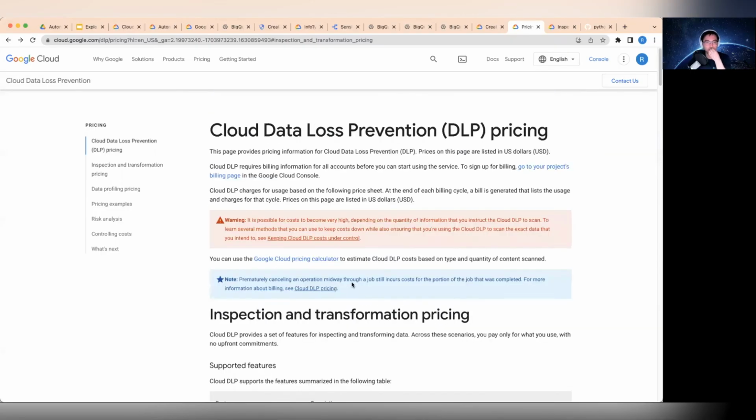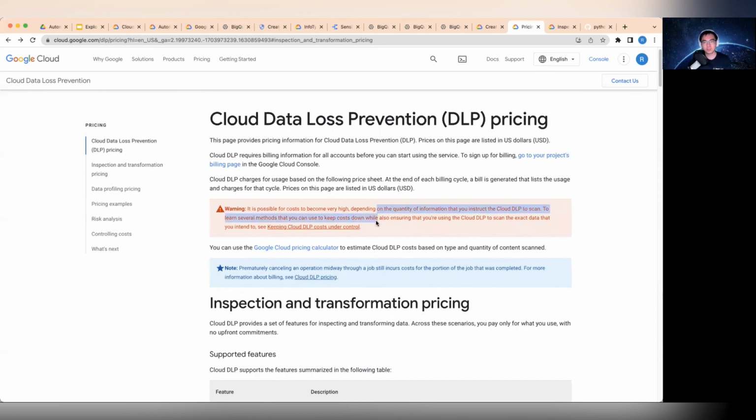So I think I just want to spend a little bit of time talking about cost. You rarely see Google put a red warning at the top of a page of their service warning you about the cost. So this is serious stuff, because I've already heard a lot of stories of different places spending so much money on the data loss prevention service, because if you're a little bit careless and just try to scan a lot of different things at full price,